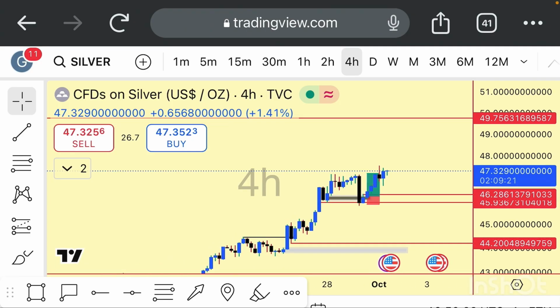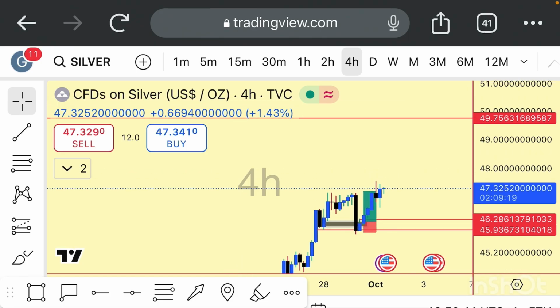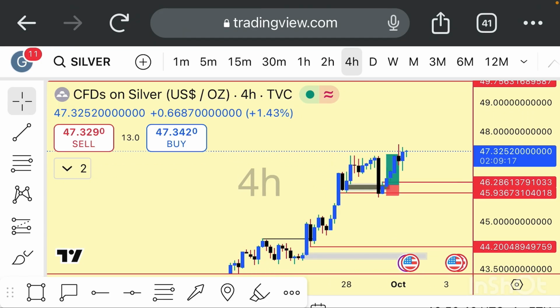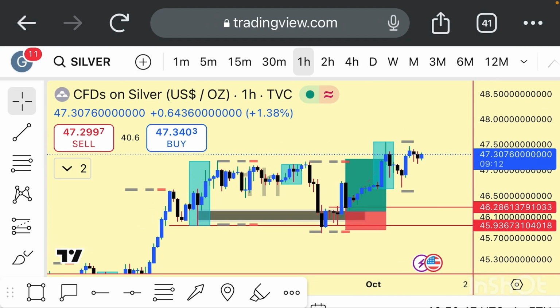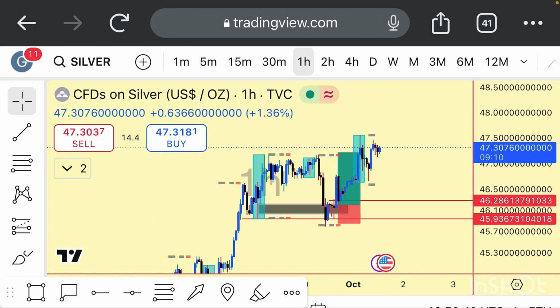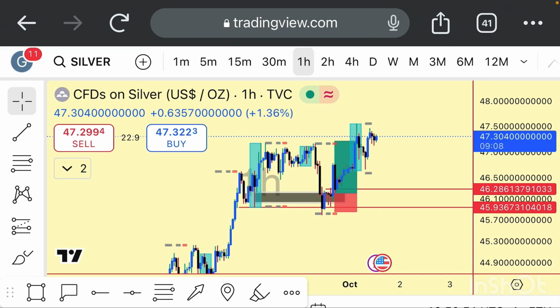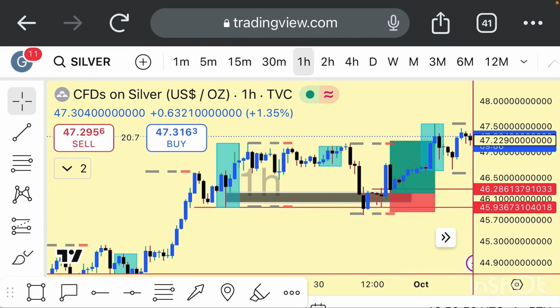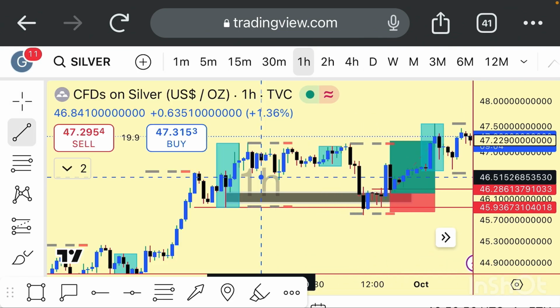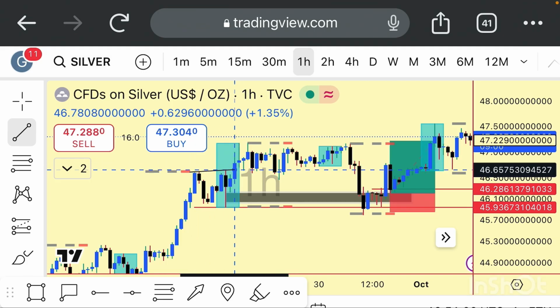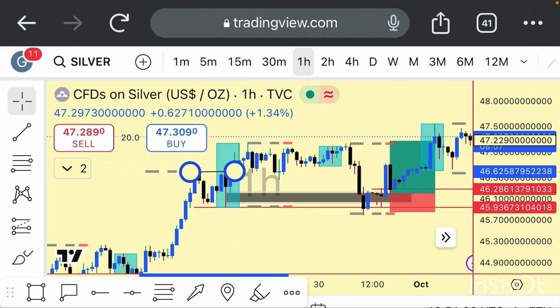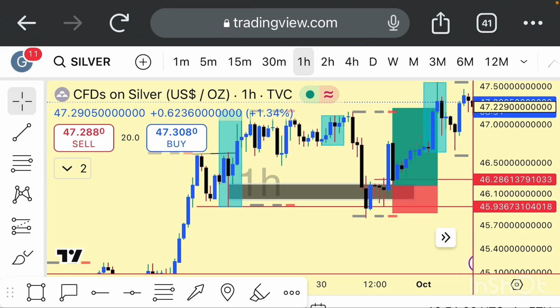So now here is what I saw before I entered the market yesterday. The way I trade, let me come to 1 hour. From this 1 hour, I already saw that we have this break to the upside here. Now there is this break right here, at this point. When I looked clearly, you can see that there is this other block you are seeing here. So at that time I decided that if the market should come back here, I'm going to enter.